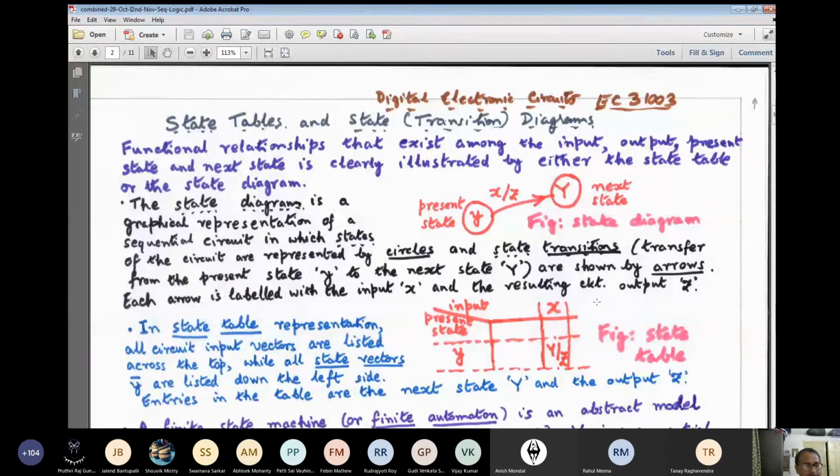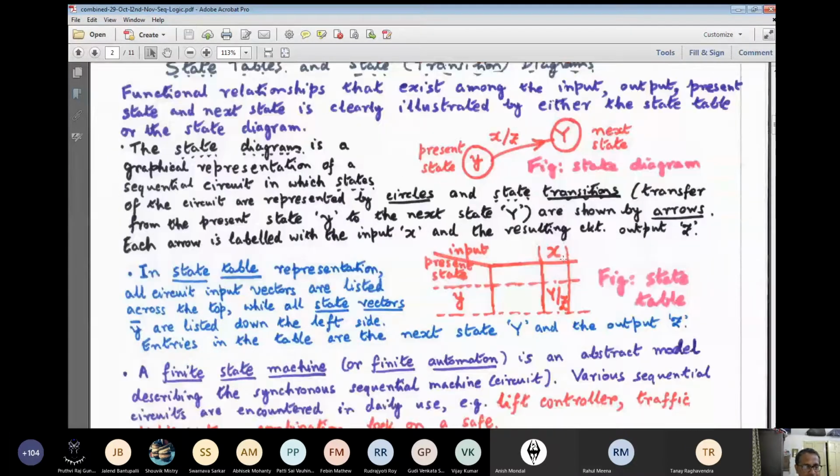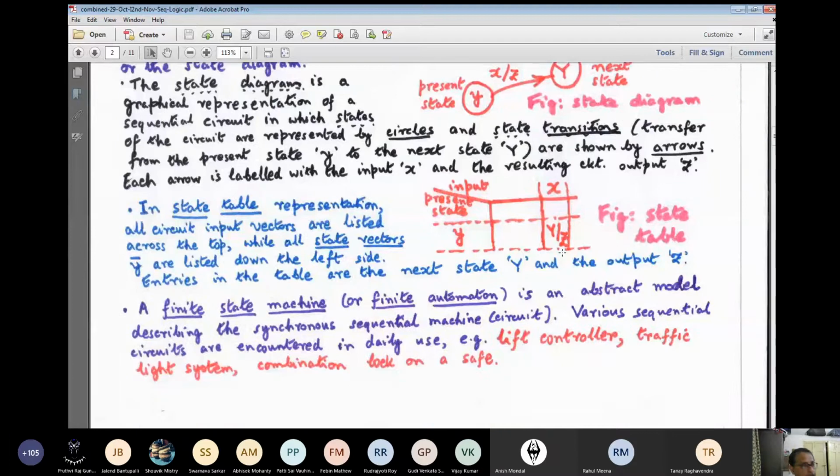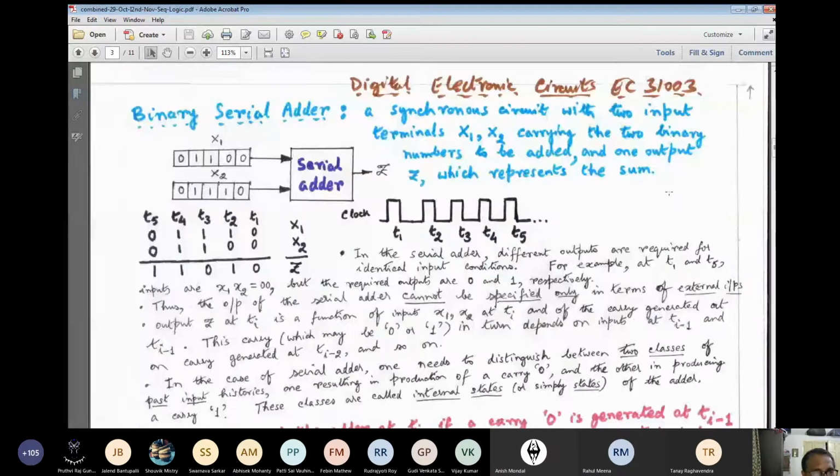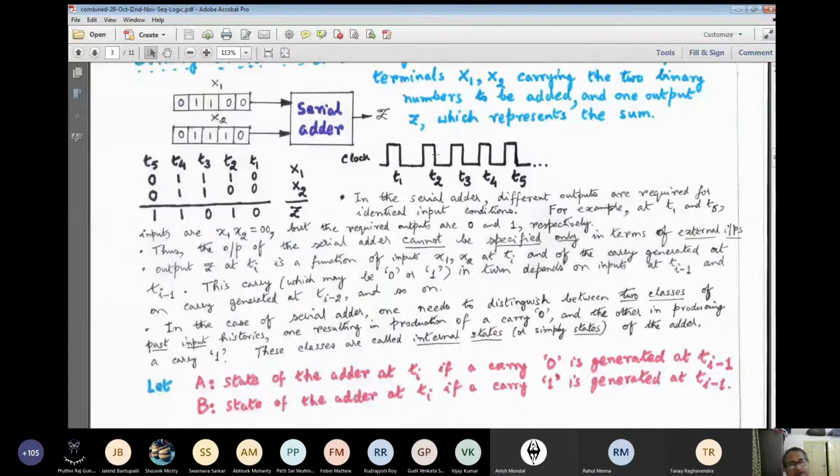These are the state transition diagram and the state transition table. All these we discussed. And actually the binary serial adder also we discussed. If you remember, it's the simplest possible circuit, but it gives us a lot of insight. That means the idea of state, I believe it is clear from our last day's discussion. There can be an infinite number of input sequences possible, but we have to focus our attention on only a finite number of important input sequences.